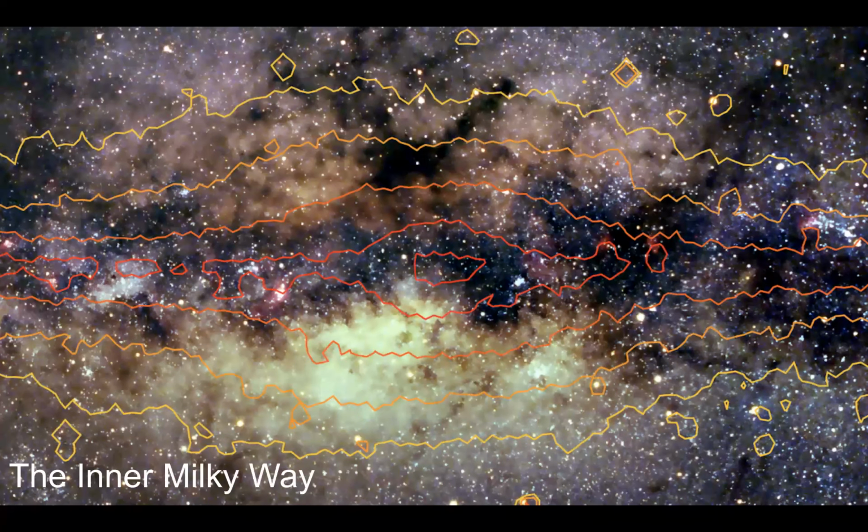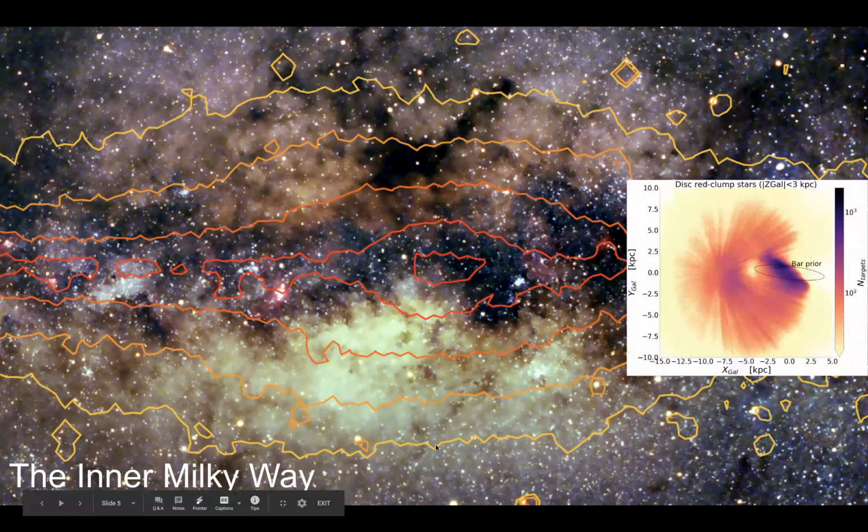These contours are K-band from the COBE satellite showing stellar density. This is essentially showing you a signature of the bar in the Inner Milky Way, a really hard to see signature. We can improve on this with better observation. This is from the Star Horse collaboration, where they're able to, in a sense, directly image the bar from a face-on perspective by doing a lot of decomposition of the stellar